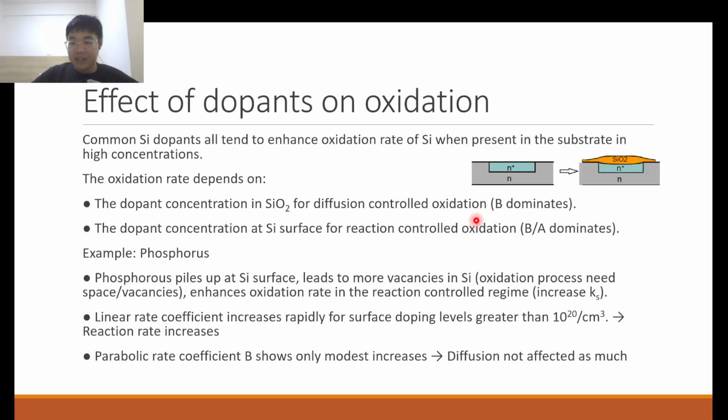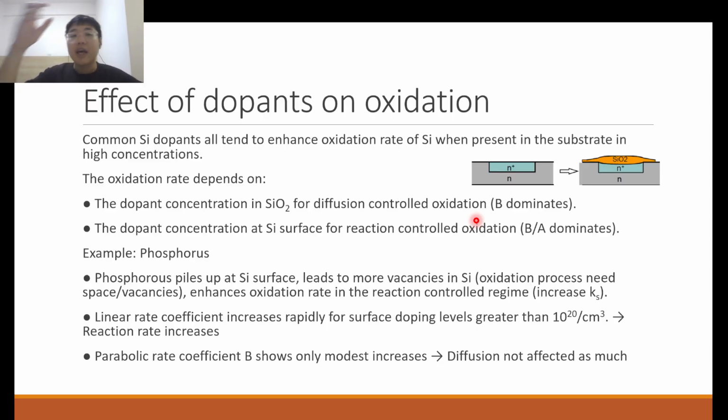So one more thing to take note of is that the dopants present in your silicon can also affect the oxidation. The common dopants for silicon all tend to enhance oxidation rate when present in the substrate in high concentrations. This is because these dopants distort the lattice structure of silicon. Oftentimes when they insert themselves into the substitutional sites, they have a different radius, either larger or smaller than silicon, and this difference in radius results in a certain strain in the silicon lattice. When you have a strain in the lattice, you have a weakening of the silicon bonds, and when you have a weakening of the bonds,